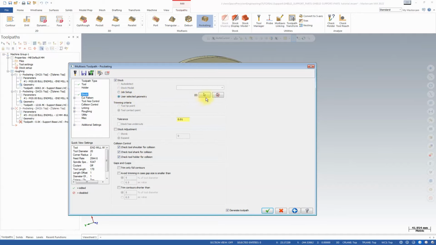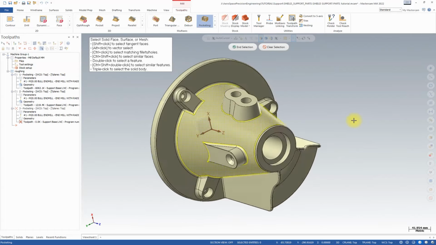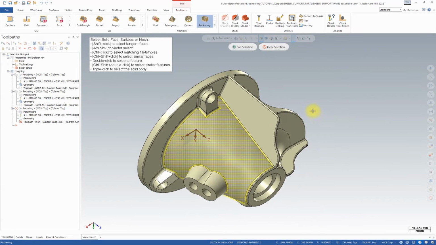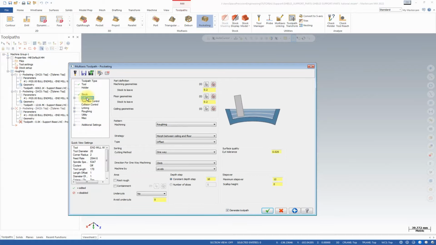Now activate this, press the selection button, and I'm going to select only the floor here that I'm going to machine. And I'm going to use a stock adjustment, and I want to expand my stock. I'm going to add 0.5 millimeter. This way Mastercam will create a 0.5 mm layer of stock on top of that selected face, and we'll use it